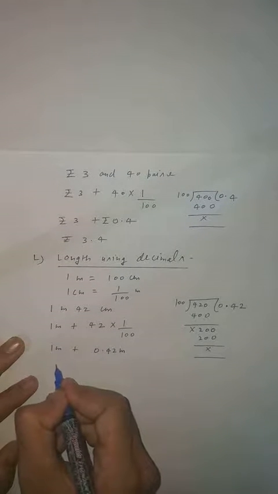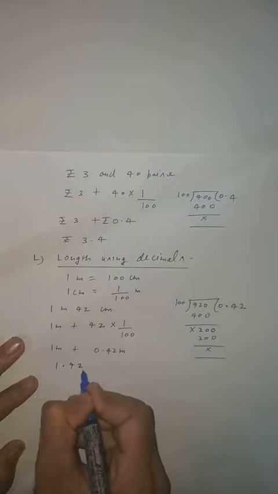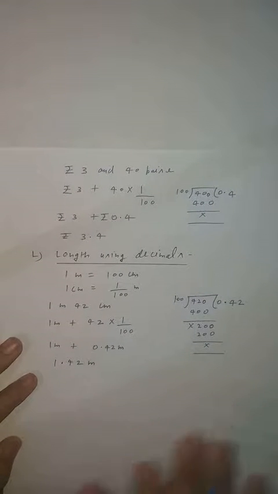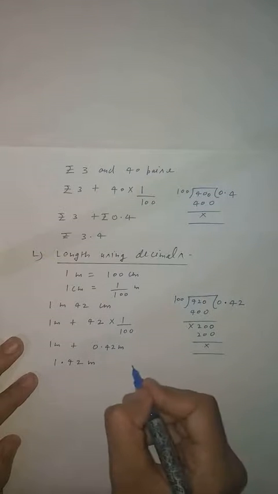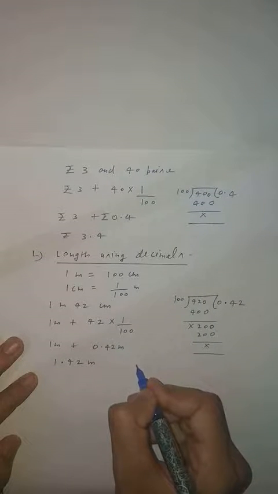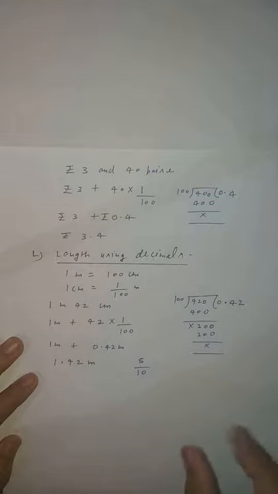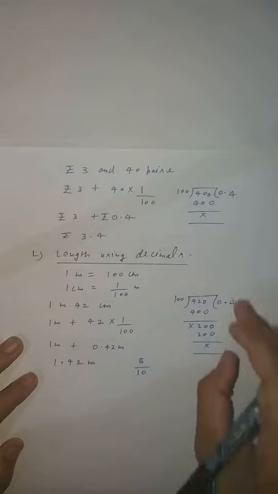So it will become 1.42 meter. Now this is the division. Clear? So every time there is no need to do division. Concept clear? Now again I am going to explain one important thing. Student, if it is given like 5 upon 10, okay? So there is no need to divide again and again, because the process is clear and the explanation is given.